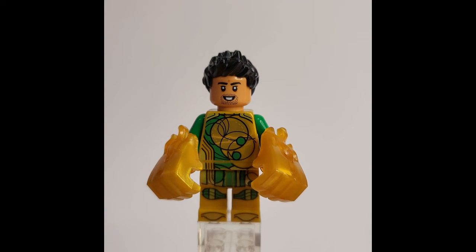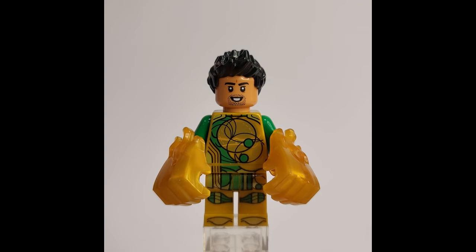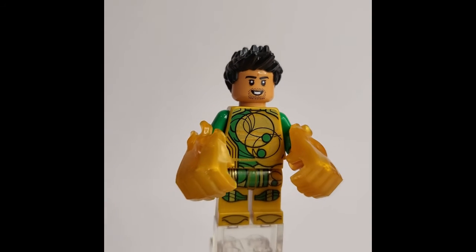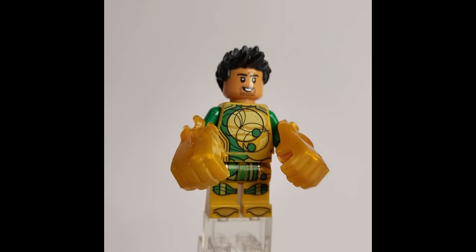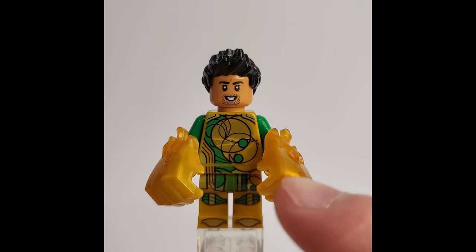I think it's very accurate to the suit or the costume that we've seen so far. And overall, this figure is just absolutely amazing. It just looks really good to me. Now, I really love the metallic gold bits that shine on the torso. As you can see right there, it's kind of reflecting the light as I'm turning it around. I think it looks really cool,